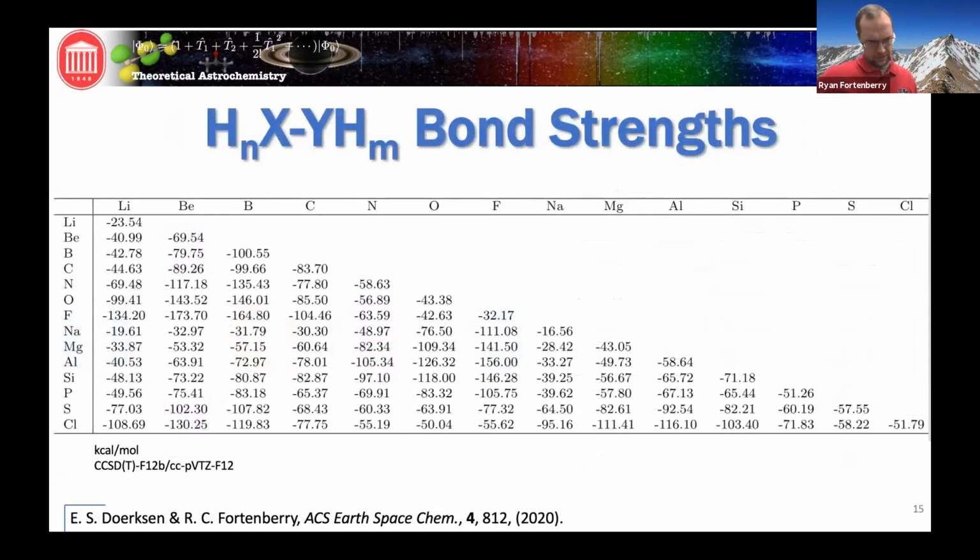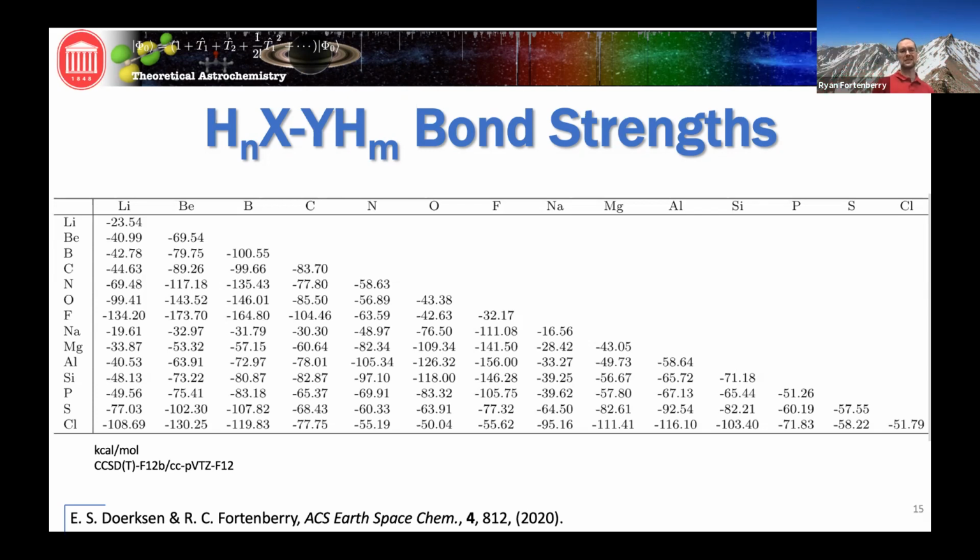So I had a poor student, bless his heart, calculate the bond strengths of all of the molecules from all the atoms from lithium to chlorine. And we did this using homolytic bond cleavage, which of course is not always the least energetic pathway to do this, but it was a place for us to start. What we did was create what we're hoping to be described as single bonds, where the hydrogens on the outside take the rest of the valency. So the lithium dimer, for instance, is just Li2. But if we do lithium and beryllium right underneath that, then on the beryllium we have a hydrogen on the other side. So we're using the hydrogen atoms to fill the valence.